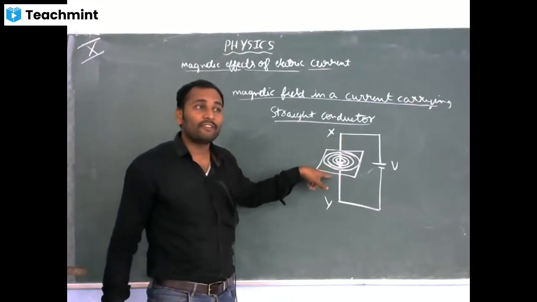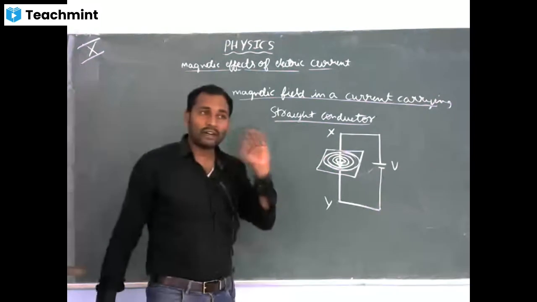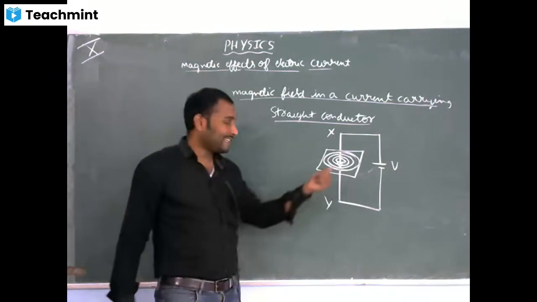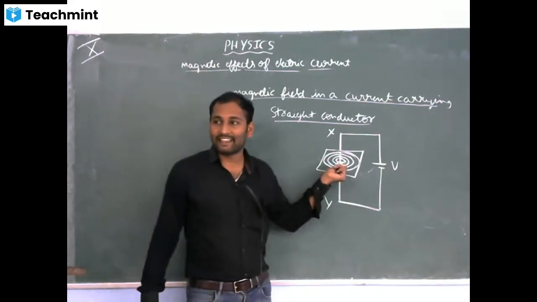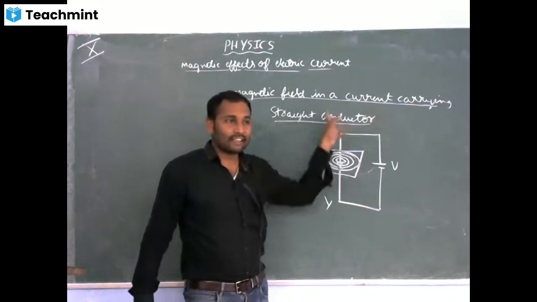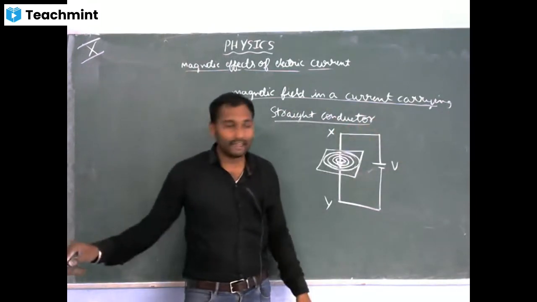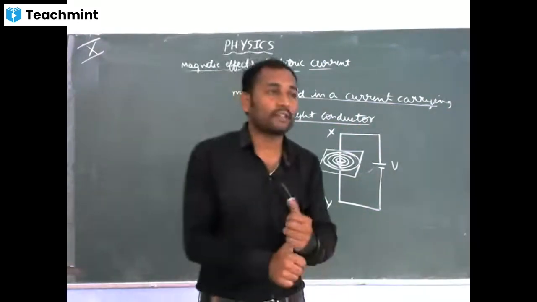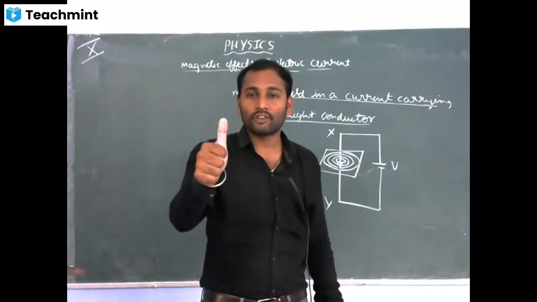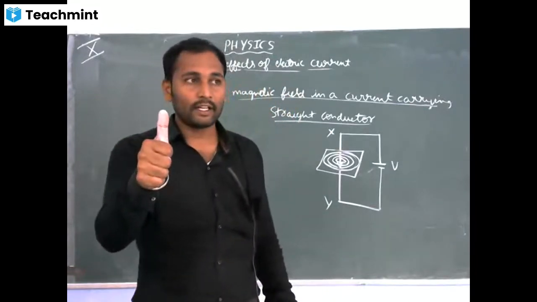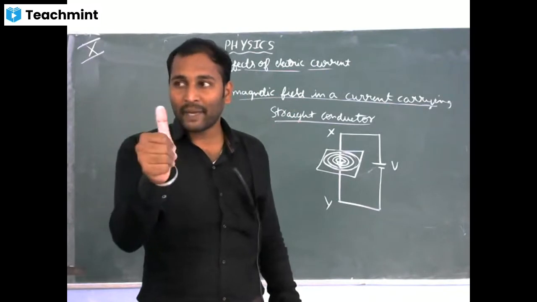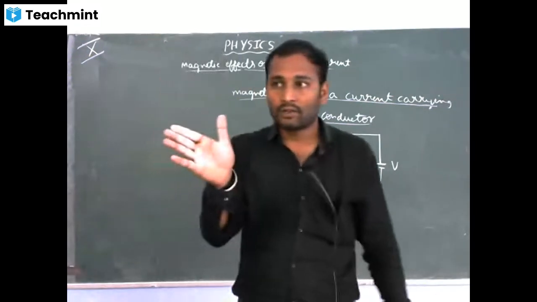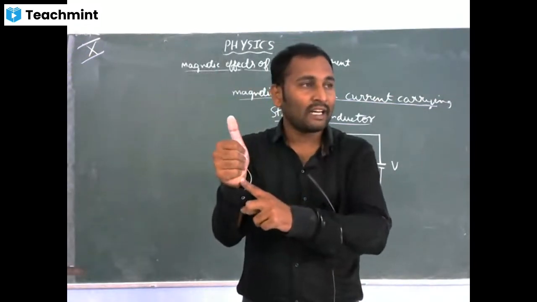So what about the direction of magnetic field here? How will the magnetic field lines travel from north to south? So to determine the direction of magnetic field lines in the case of a straight conductor carrying current, we use right hand thumb rule. Maxwell's right hand thumb rule. So according to Maxwell's right hand thumb rule, thumb indicates the direction of electric current, wrapping of the fingers will indicate the direction of magnetic field lines. Understood? Wrapping indicates the direction of magnetic field lines.